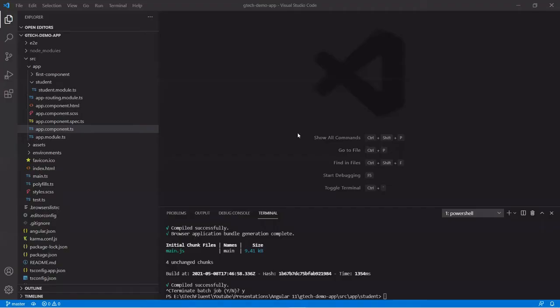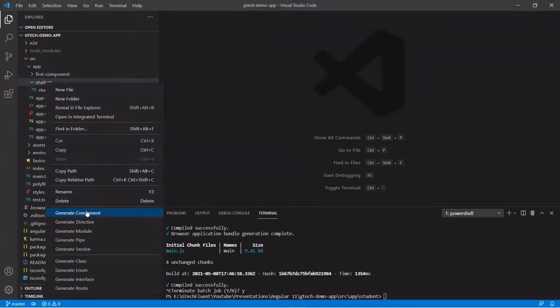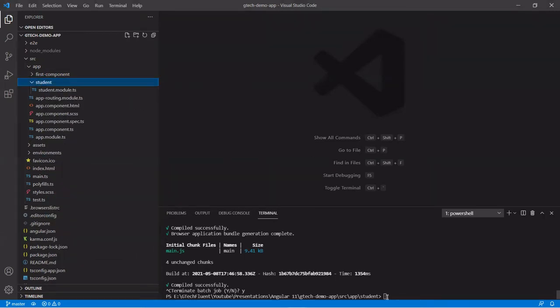We are in the project which we have created for this video tutorial series. As per our requirement, we need to create the student detail component. Let's go to the folder where you want to create it. Either you can right click and click on generate component, or you can create the component using the CLI command.